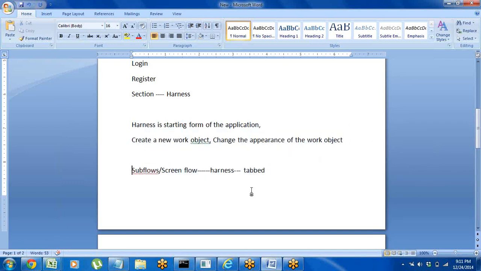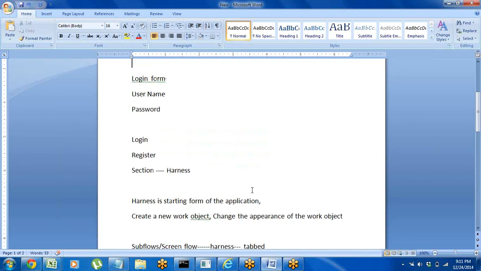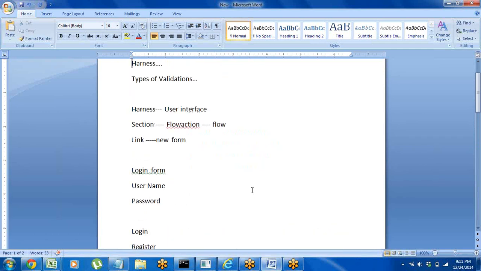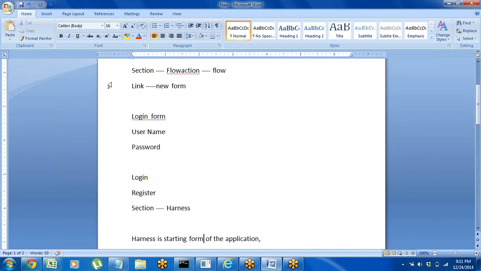And before that I will tell you some introduction about the validations also. How to apply the client side validation, server side validation, and how many types of validations there are, that also I will tell you. So coming to the different types of validations,